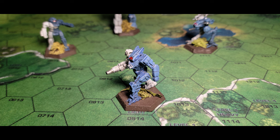The WLF-3S. The 3S variant, introduced in 3064, sacrifices some of the mech's durability for an increase in firepower. The mech is powered by a light fusion engine, which frees up space on the chassis for new equipment. The ER large laser has been removed and replaced with an ER PPC, extending its range even further, while the